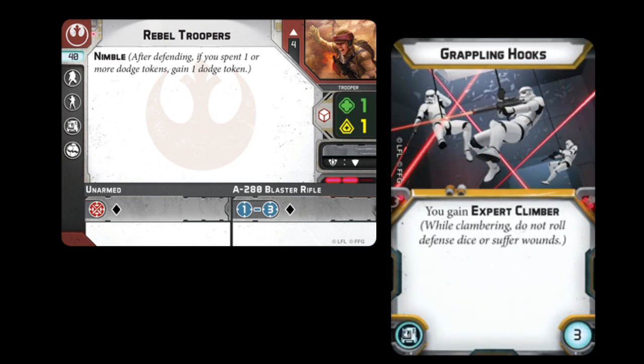You gain expert climber. While clambering, do not roll defense dice or suffer wounds. What this means is that you can take one action to climb all the time instead of taking two, unless you want to risk losing some of the members of your squad. So this is alright. The biggest issue is the